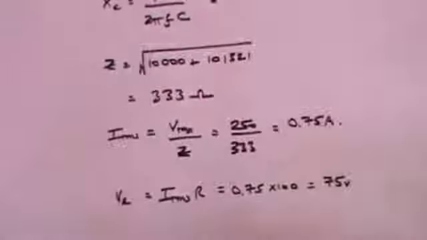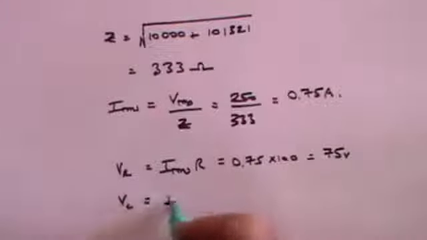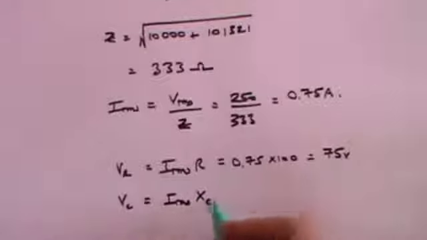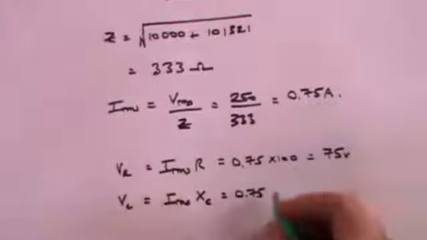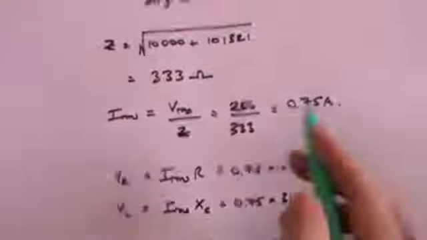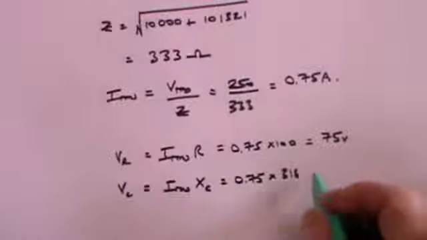So if you measure the voltage across the resistance, that's what you'd measure. The voltage across the capacitor is going to be IRMS times the reactance of the capacitor, which is again 0.75, because that's what we calculated, times 318, because that, remember, was the value of the reactance of the capacitor, and that comes to